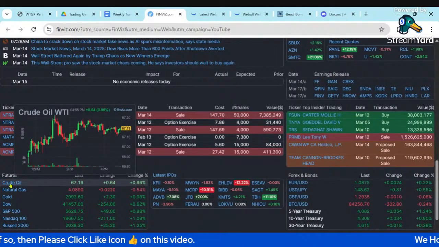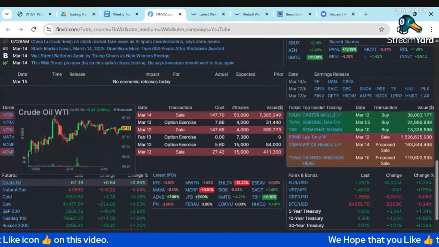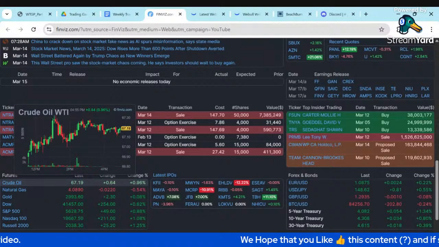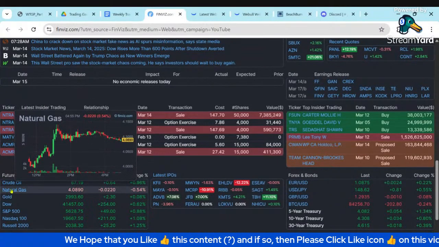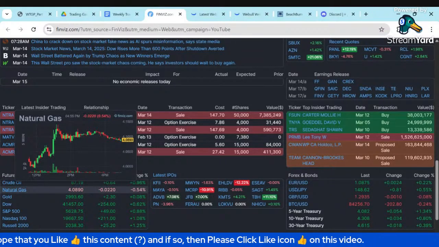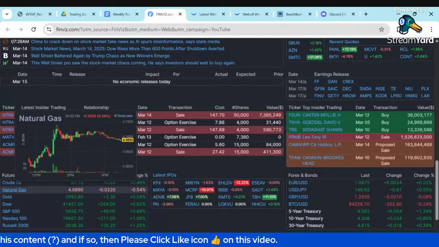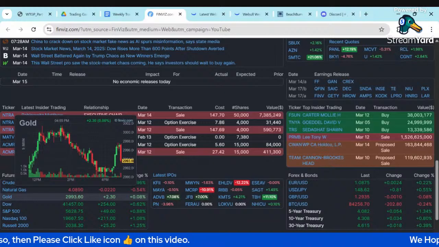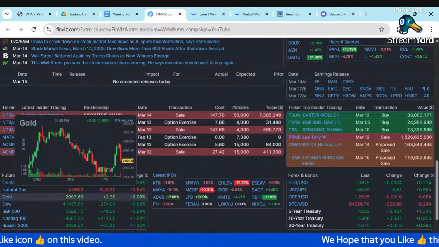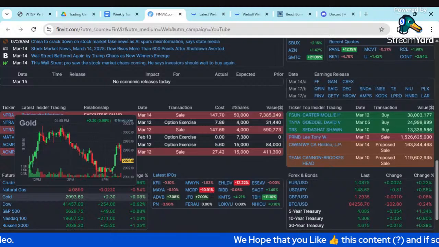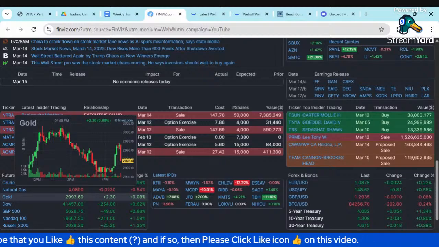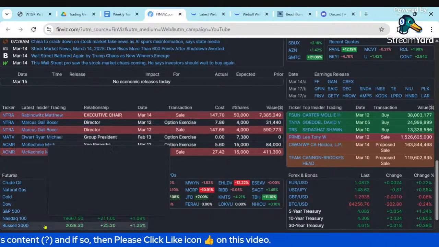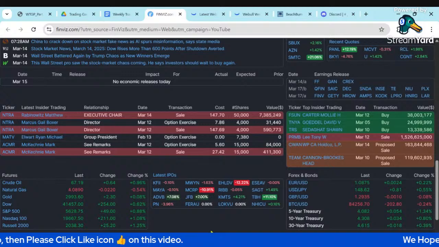Oil's been bouncing above 65, below 70, sitting about 67, but the generally long-term trend is down. Natural gas has been very volatile, good support at 4, resistance about 4.50, again a lot of volatility. Gold made a new all-time high, up over 3,000, retreated slightly, just below 3,000. We'll probably see it retest that 3,000 level. If it gains back above 3,000, more upside in gold. And we see all the futures pointing strongly up at this time.